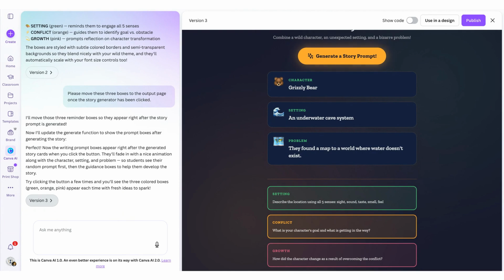There we go. Now, as always, I want to do this several times to make sure that it is consistent in the way it acts, because AI is not going to be completely accurate. It's up to us to fine-tune the output. Once I am satisfied with the way this looks, I am going to click